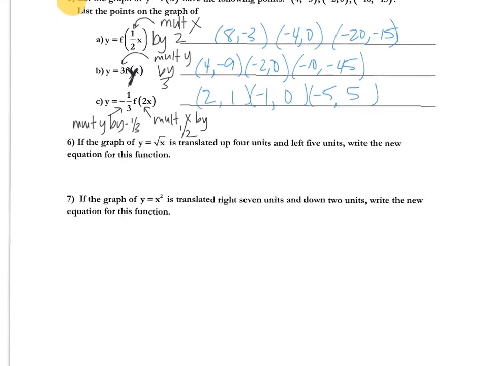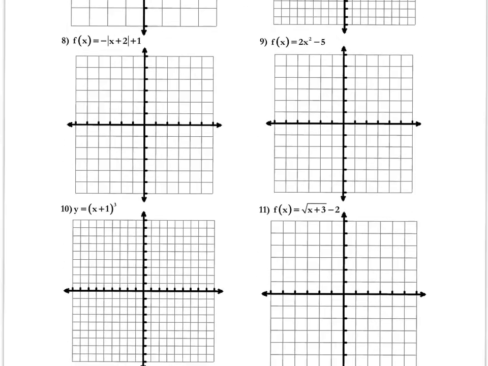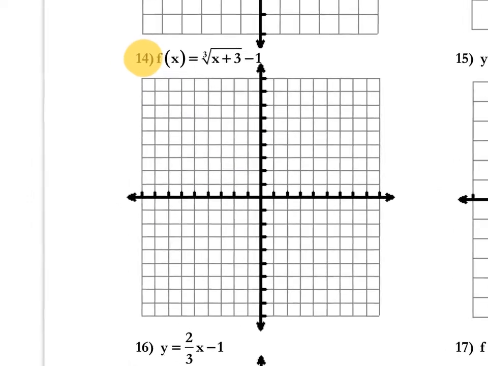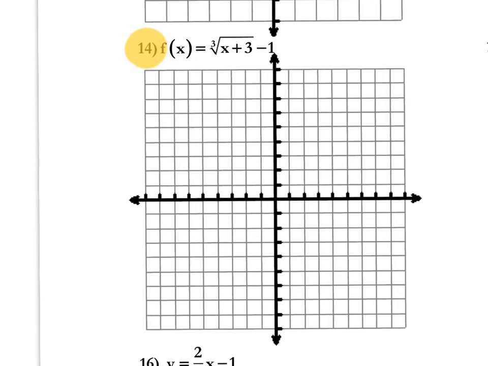There are just a couple others on Worksheet 8 that I wanted to look at. How about this one, number 14? This seemed to trip a lot of us up on the quiz when it was a cube root. Some of you only had the square root. Notice that the cube root is very different than the square root function, which is just a normal square root. And a lot of you are confused on how to make the t-chart here. Some of you I know are noticing that there are patterns that you can follow, and that's awesome if you know the patterns, but some of you are still getting confused with the patterns, therefore I always recommend the